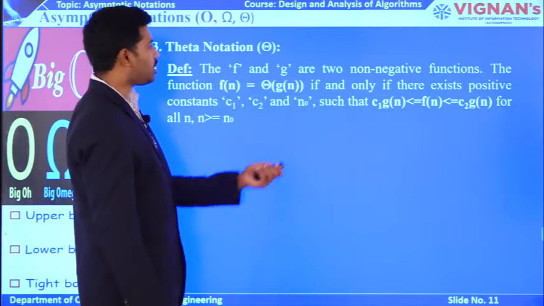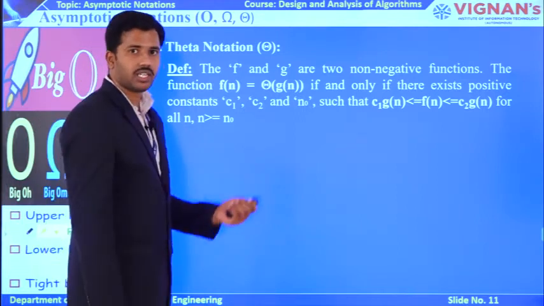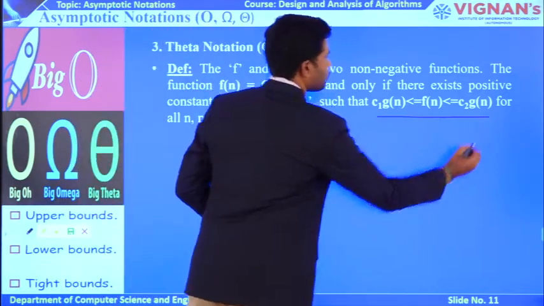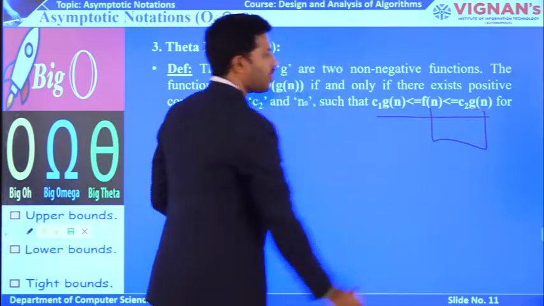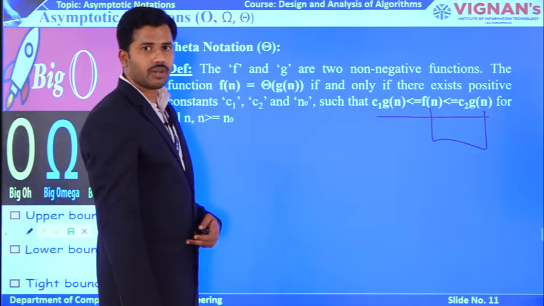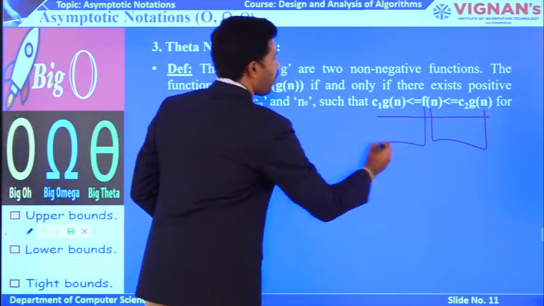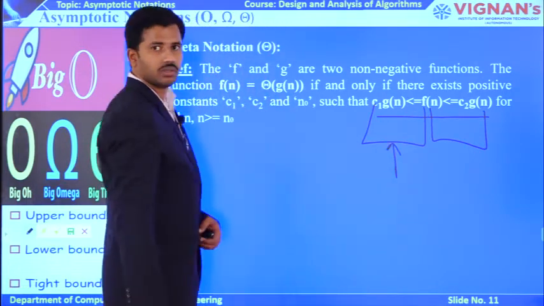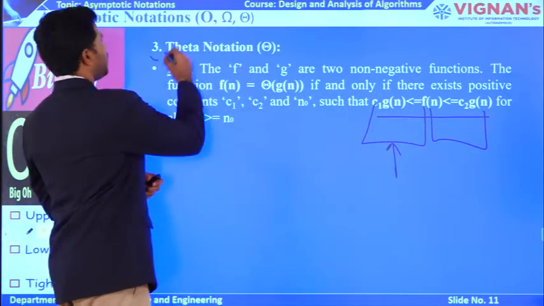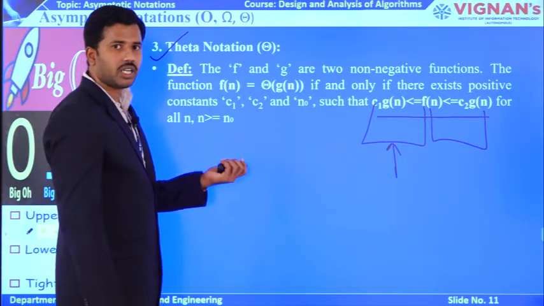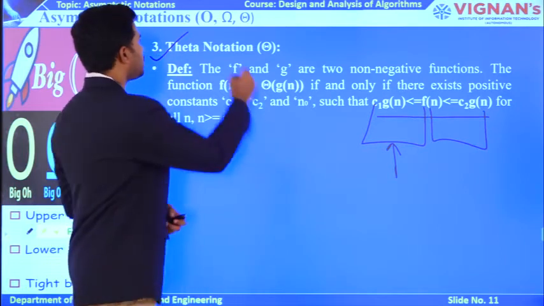Then my relation between f of n and g of n is going to be like this. If you observe carefully, this part, f of n less than or equal to c2 into g of n, tells worst case, nothing but big O notation, and this part defines omega, nothing but best case. By combining these two relations, you will get theta notation. To understand theta notation, definitely you must have knowledge of big O as well as omega. Then only you can understand theta.